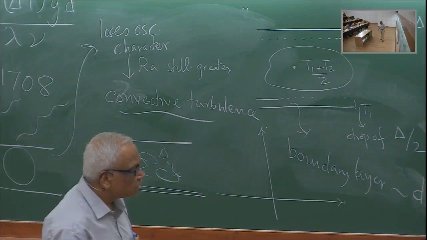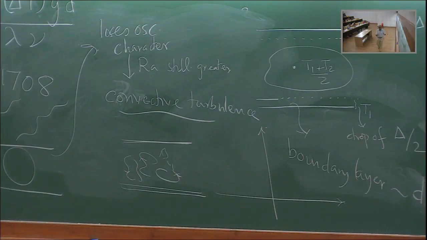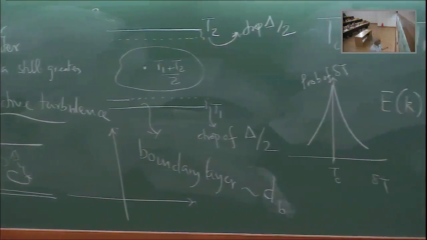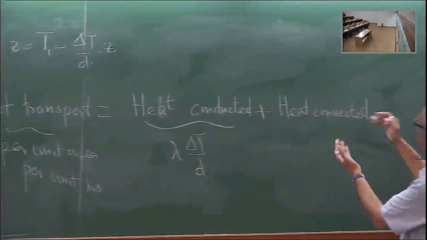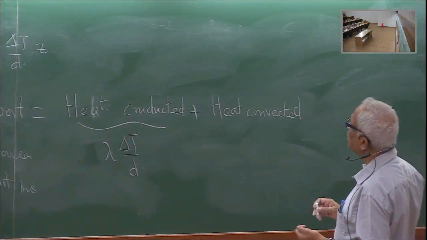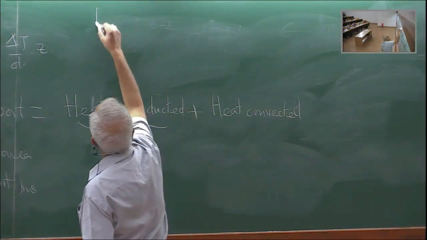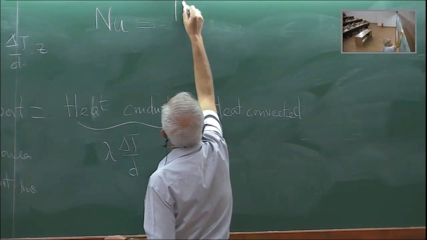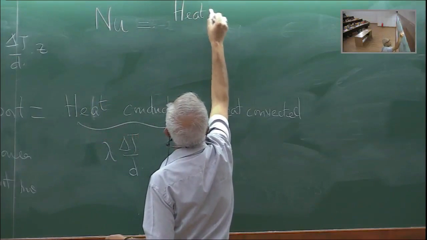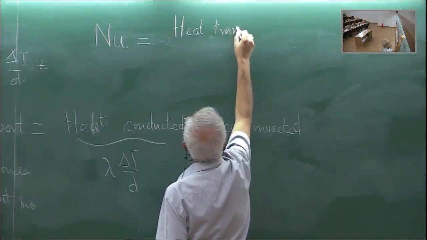And as the boundary layer becomes thinner and thinner, the total heat transport is completely dominated by the heat convected. There is a dimensionless quantity defined as the Nusselt number, which is the total heat transported